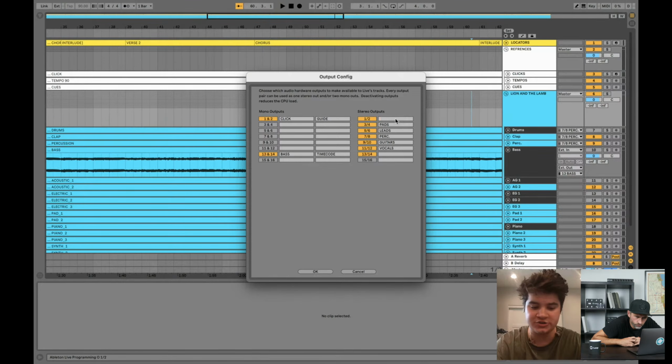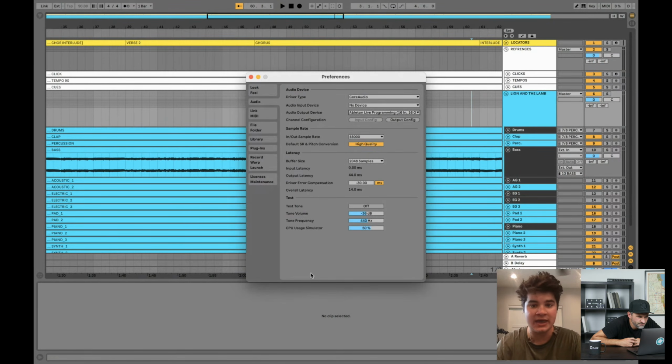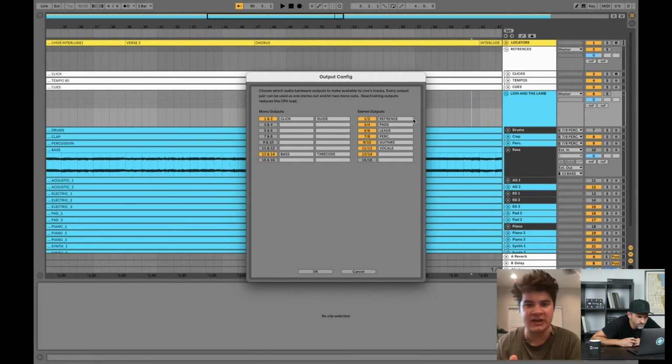If 1 and 2 is reference tracks, you can just name it reference and just apply, and it saves it. And the reason I do that is, if there's ever a situation where drums or keys are running tracks, if I'm not able to be there, if I'm doing something else, I want what I do to be replicable. I don't want it to be complicated. I want it to be simple.